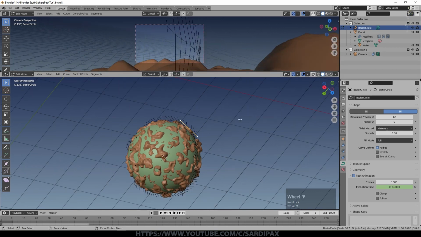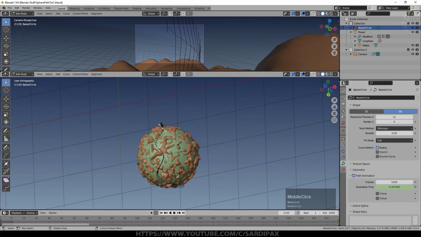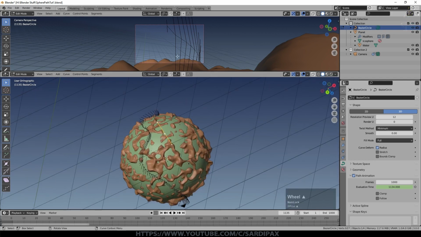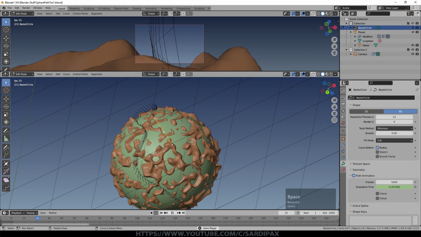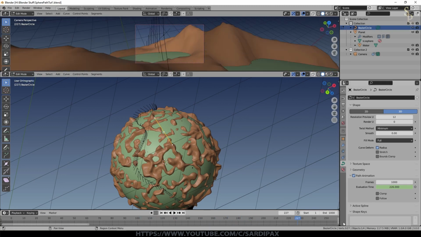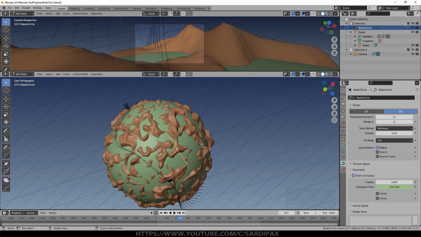You can go through and tweak these various points, but this is why you don't want to add too many points. Only add additional points where you need to, otherwise that's an awful lot to tweak, because you'll find twisting is one of the main problems where the horizon gets out of kilter with the camera, so the camera will be sort of side on occasionally, and that's obviously not something you want. So as long as the length of your animation, in this case 1000 frames, is the same as the length of the path animation, you've already created an animation which will cycle round seamlessly.